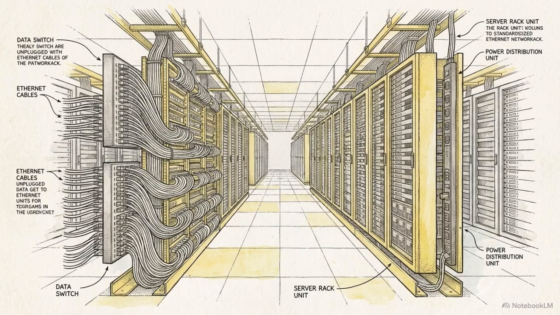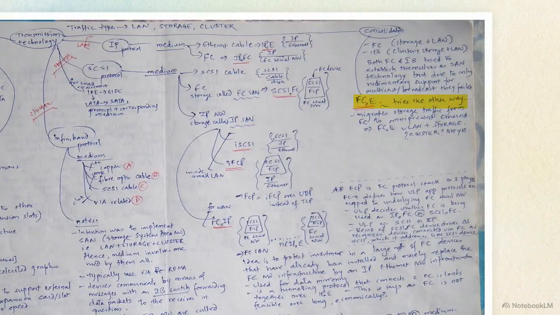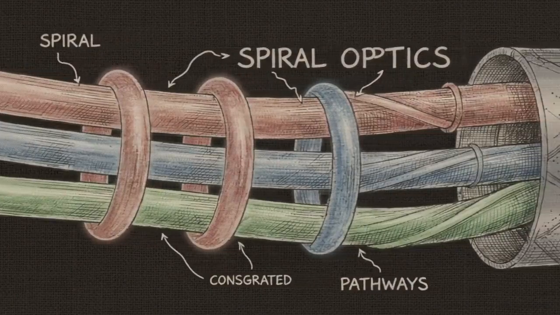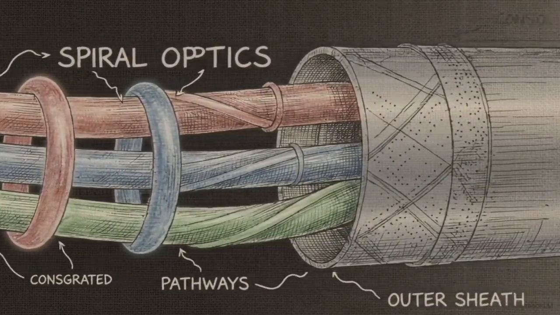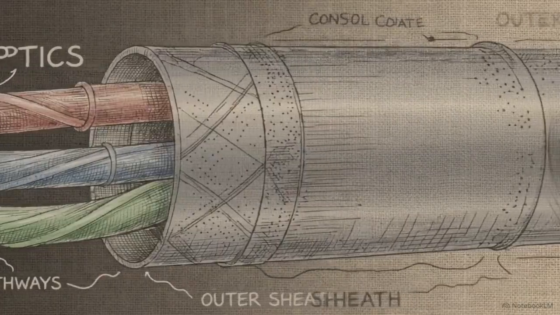onto the omnipresent, cheap Ethernet infrastructure. This resulted in FCoE, or Fibre Channel over Ethernet. Instead of building dual networks, storage traffic is packaged up and transmitted over the exact same physical wires handling standard local area traffic. This consolidation allows distinct data types, with totally different historical origins and routing rules, to merge into